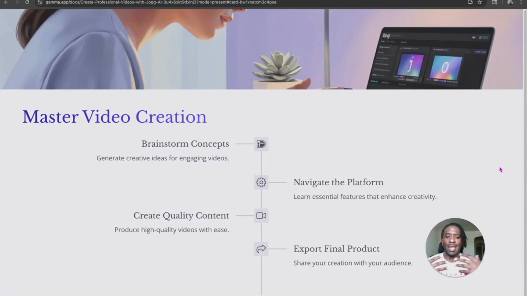So navigating the platform, it's really easy, and learning the essentials. I'm going to show you guys when we dive into it. I don't want to make this introduction too long. Creating quality content: a lot of the time with AI videos, in the beginning you let the AI create the content, create the script and everything, and then you run with it. But now you can really tweak a lot of small things